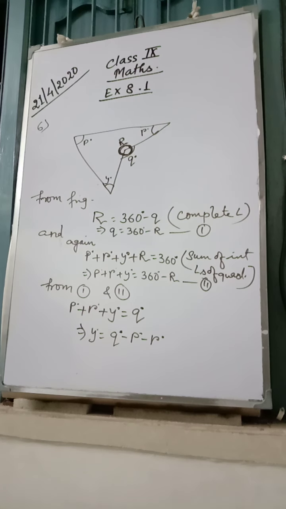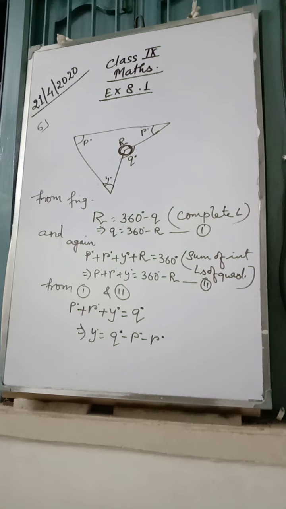Look at question number 7. In the given figure below, if R is parallel to PQ, then find the value of angle Y. Now here you have to do two works. First, 5x plus 4x plus 9x is equal to 180 degree. Once you get the value of x, you can get the value of 5x, and the 5x and y will be equal because they are alternate angles. Hope you can write it.